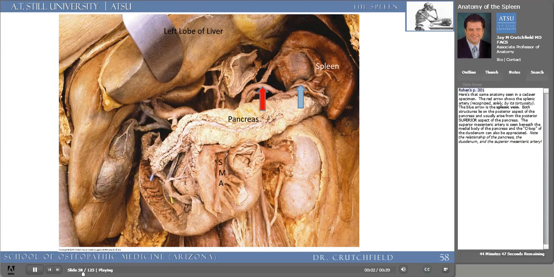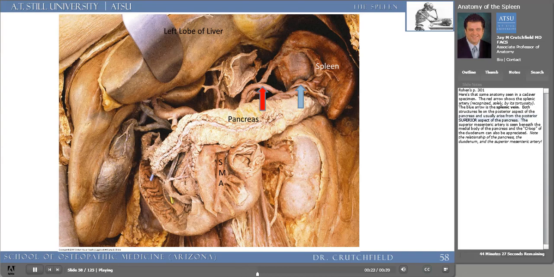Here's that same anatomy seen in a cadaver specimen. The red arrow shows the splenic artery. It can be recognized by its tortuosity. The blue arrow is a splenic vein. Both of these structures lie on the posterior aspect of the pancreas and usually arise from the posterior superior aspect